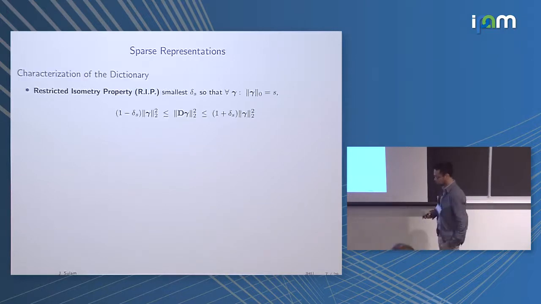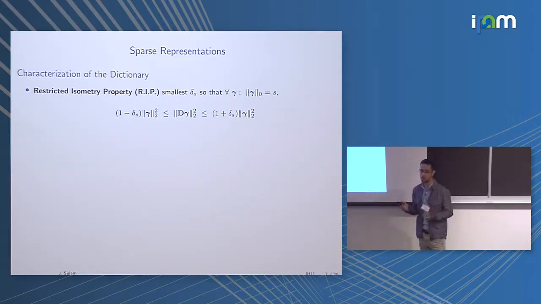So these algorithms are in fact really good, and in some cases they find the solution that we are after, even though the solution is the solution of an NP-hard problem. And when we try to come up with guarantees, we need some sort of characterization of how hard this problem is. And that typically boils down to some sort of idea of well-posedness, how good is this dictionary for our means, for our objective.